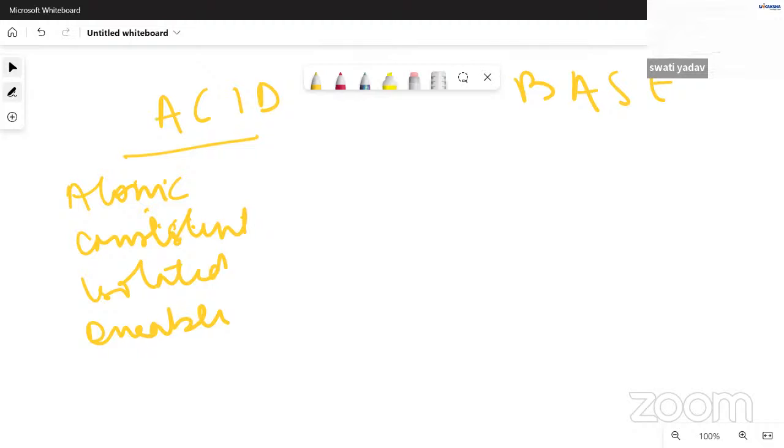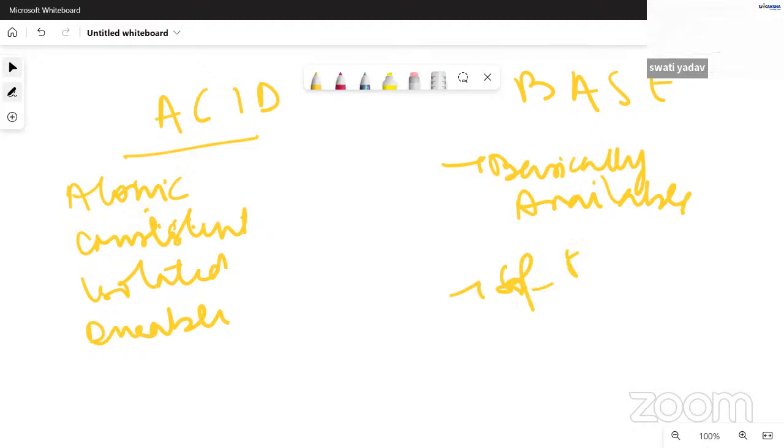Considering that it can compromise the speed and high availability. So there we have something called a BASE model, okay? BASE means basically available, soft state, eventually consistent.